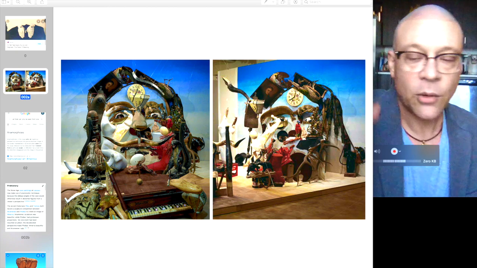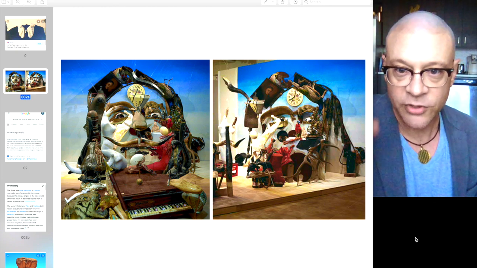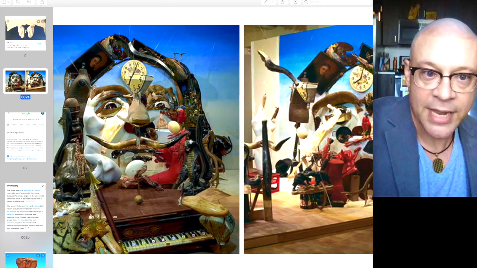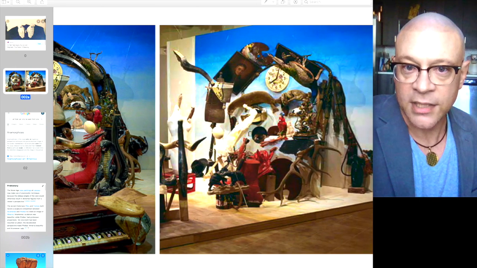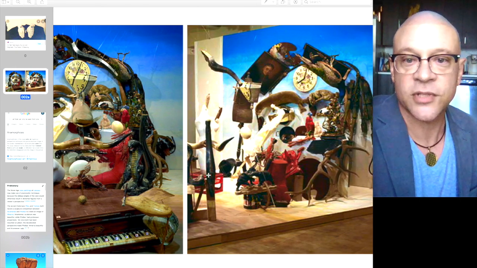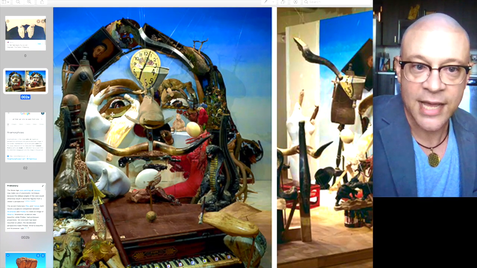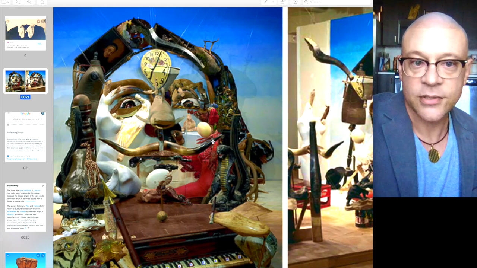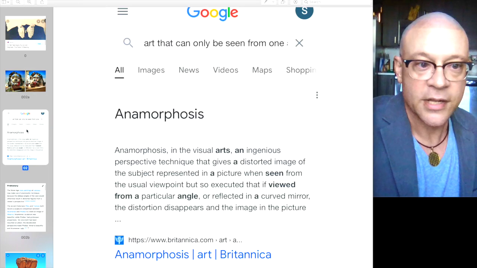Okay, so I want to show you something really quick. This is a Salvador. Obviously, on the left, you see Salvador Dali, right? Now, if you turn the angle a little bit, you can't see what it is. It's just a collection of stuff. But from this angle, you can see that it is a Salvador Dali. I'm sure you've seen works of art like that before. This is called